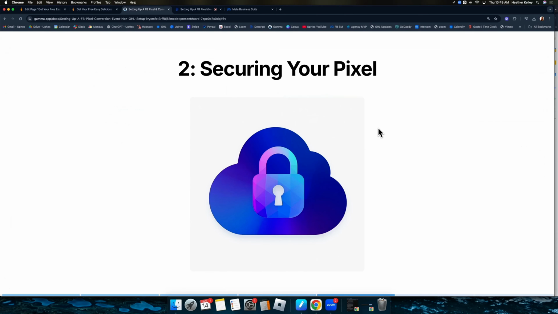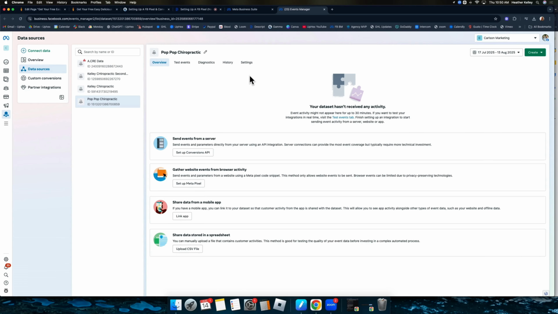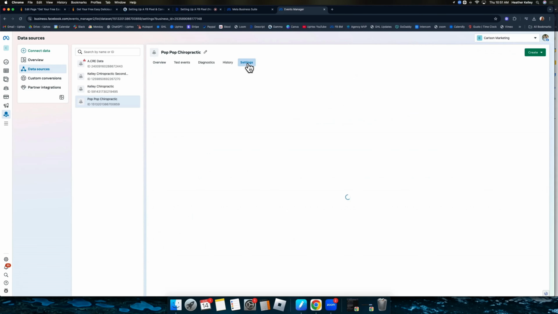And that is going to be securing your pixel. So we'll go back to where we left off in Facebook. And we're going to make sure you're still selected on your pixel and we're going to click on Events Manager. Now, there are people who like to take your pixel, put it on their website, and feed Facebook with a bunch of garbage data. So to avoid that and to protect your pixel, we're going to go to Settings and